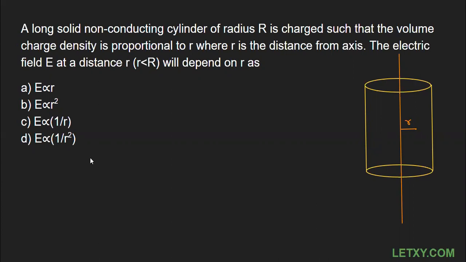As we all know, in order to find the electric field at this point, we have to draw a Gaussian surface. We have to draw a symmetrical Gaussian surface, which will look like a cylinder, and it has to pass through this point. Or you can say this point will lie on the surface of the cylindrical Gaussian surface. Let me also draw that one. This is the cylindrical Gaussian surface that I am going to draw with the orange color. I hope you can see the Gaussian surface, the height of the Gaussian surface exactly equals the height of the cylinder, but the radius is different.